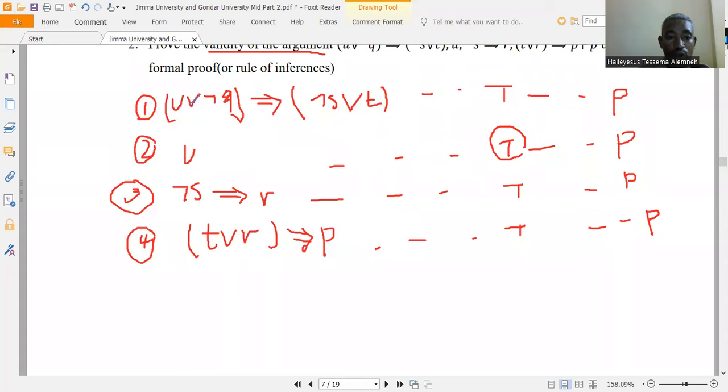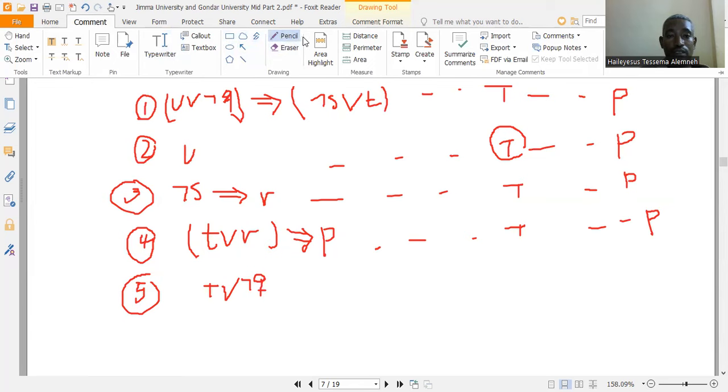አሁን እዚህ ጋር u or negation of q implies negation of s or t ነው። አሁን እንደምታዩት አምስተኛው ላይ u በኦር ጊዜ ፎልስ የሚሆነው ፎልስ ሲሆን ነው አይደል? ስለዚህ u is true ነች። ስለዚህ true or negation of q ሁልጊዜ ምንድነው? true ነው ማለት ነው። u true ነው premises ብላት ሰጥተች። so u or negation of q is true ነው ማለት ነው። ስለዚህ true implies ከዚህ በኋላ ያለውን እስኪ ፕሪንሲፕል ብንቀይር ደስ ይለኛል።